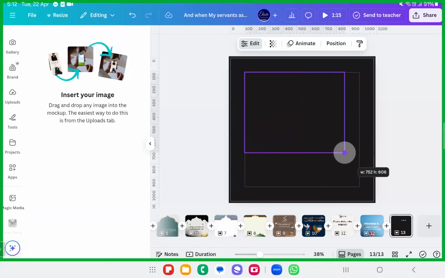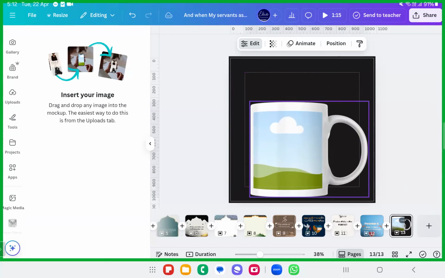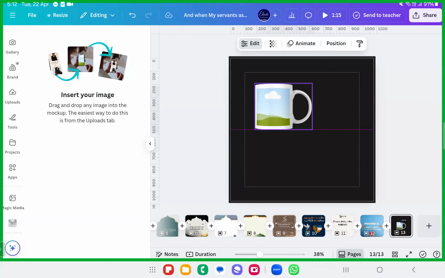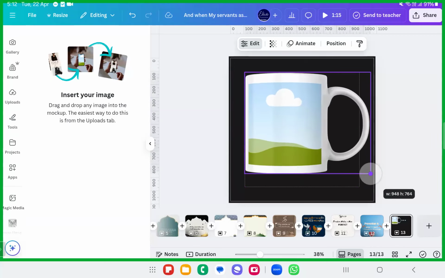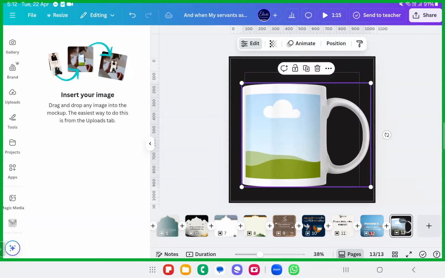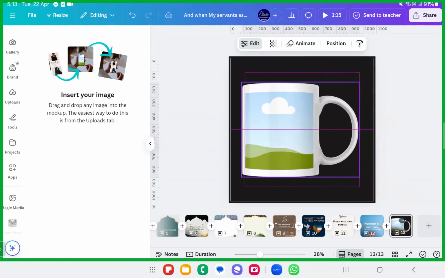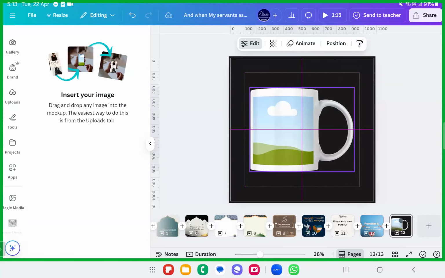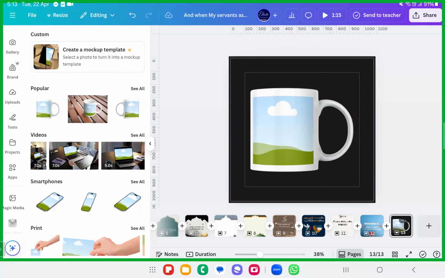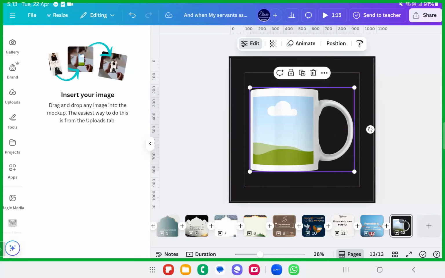Once you are done with mockup, you just have to insert that mug. Okay, mug is inserted. Done. Now think that you are into a business of customizing photos on the mug, and you want to create this graphic. Now this is a cup. Fine. This is a mug. Now you want to put your images there. Insert your images there. How do you do that?